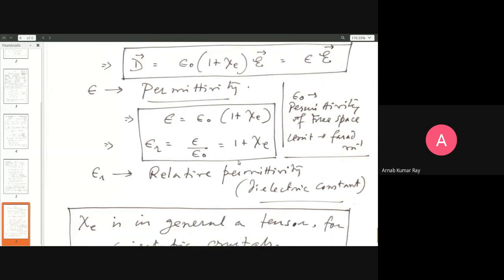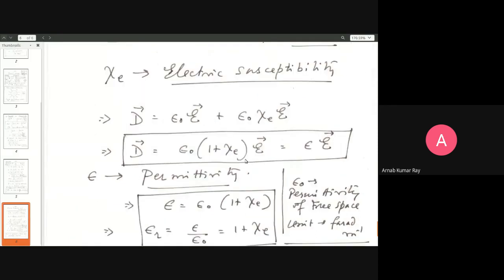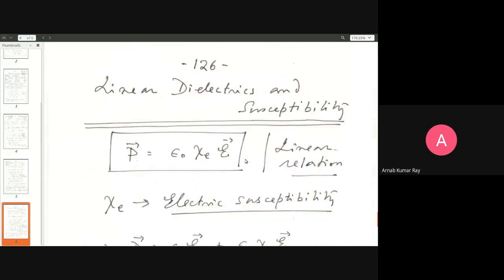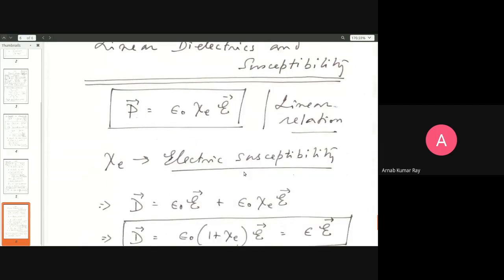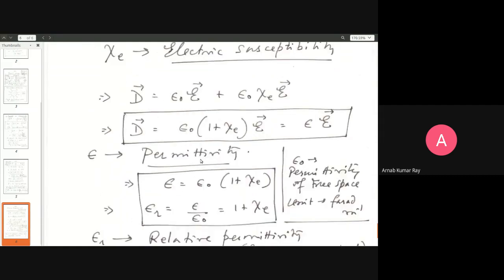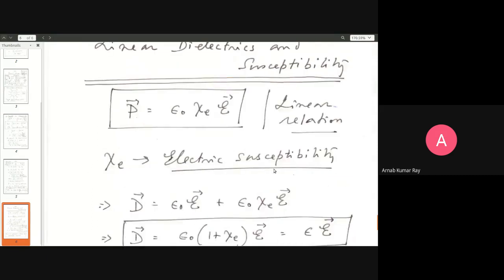So, these are some simple formulae. Today we have a tutorial where these ideas will be introduced, so just please make a note of these things. But of course, in the solutions in the tutorial, these will be given to you. But anyway, that's about the idea of linear dielectrics.